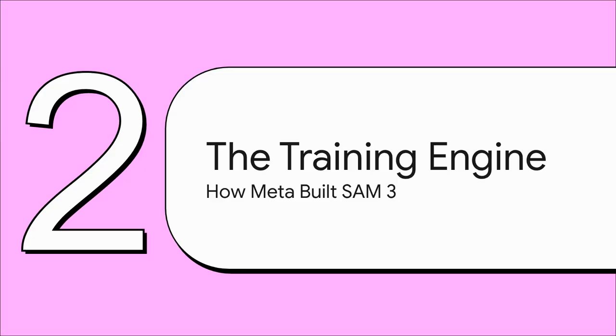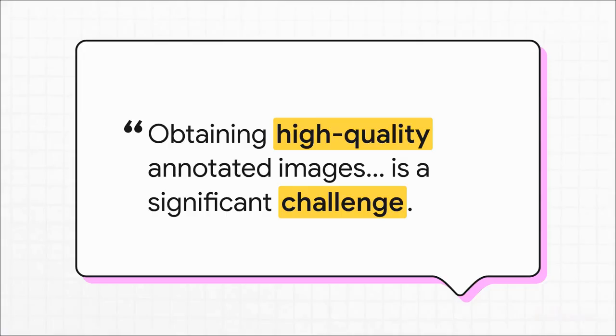Okay, so this all sounds amazing, right? But it begs a massive question. How in the world do you even start teaching an AI to understand millions of concepts that can be described in basically endless ways? Well, the answer is in a really, really clever training method. And this quote right here, this gets to the very heart of the problem Meta had to solve. See, the kind of super detailed, perfectly labeled data you need for this, it's just not out there. It's incredibly rare, and creating it by hand is unbelievably expensive and takes forever.